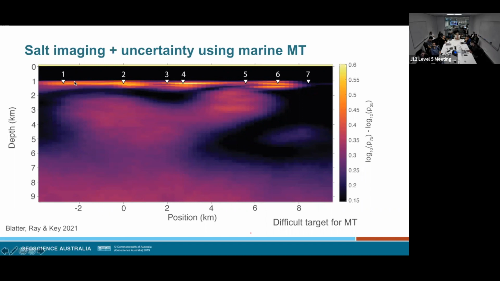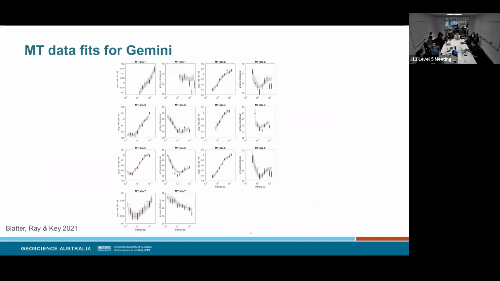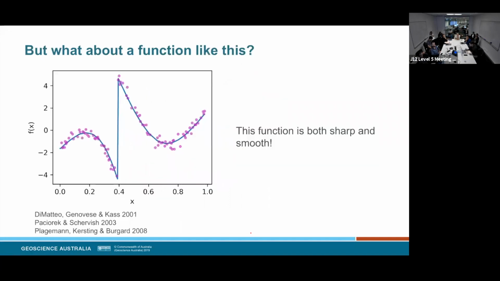And so we see that some of the near surface stuff is also pretty uncertain. But the point is, you can do uncertainty estimation for large problems using this methodology. You can go from 1D to 2D, and it's not a problem because the theory doesn't care. Never believe that an image makes any sense unless you can see the data fits. So for magnetotellurics, here's apparent resistivity and phase, which is what you're fitting at some 7 or 8 sites.